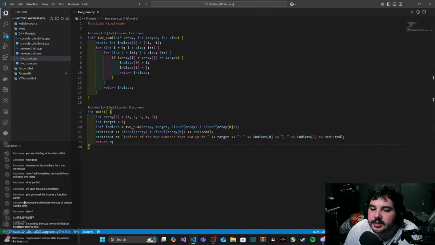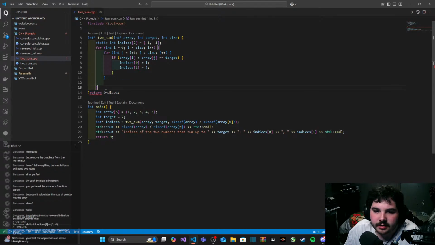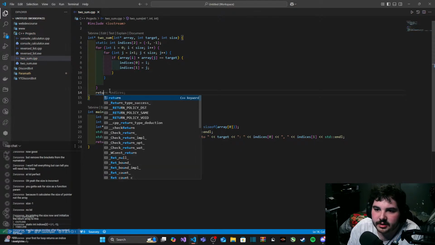Maybe return indices after the nested loop. Oh shoot, I didn't even notice that. Yeah, I realized that. Oh my gosh.